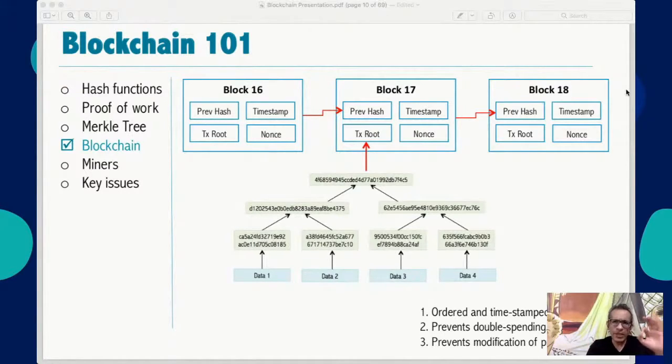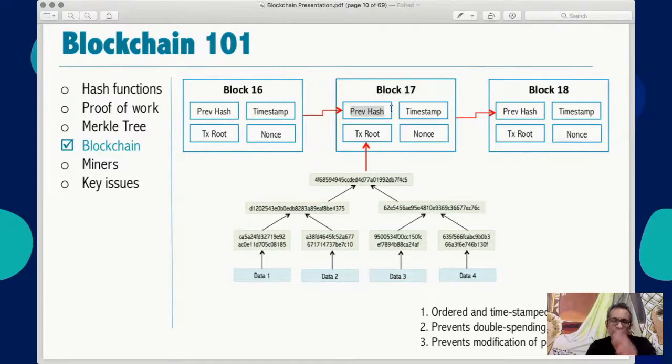Now for sake of an example, let us first begin with block number 16. It is just a random thing. So let's say the blockchain has started working and we have reached block 16, 17, 18. Now let's take 17 as our core focus for right now. What you see here on top is called the header of the block. Primarily it contains 4 things.